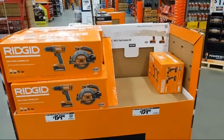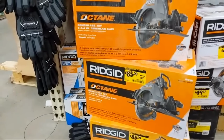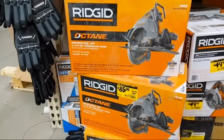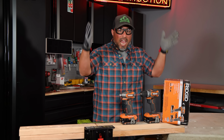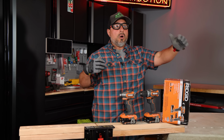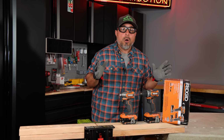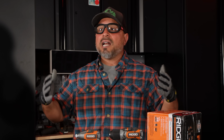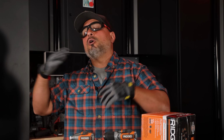Number one, you're probably thinking to yourself, I've seen something called Octane tools. They're done, they're over with. Now, if you got it in your tool bag, you still use it and you're making money with it, I'm not saying throw it away, I'm not saying replace it. Keep using it. But if you are buying Octane tools secondhand, or maybe even there's some leftover inventory at the Home Depot, be aware you are not buying Ridgid's highest end or highest line, most bells and